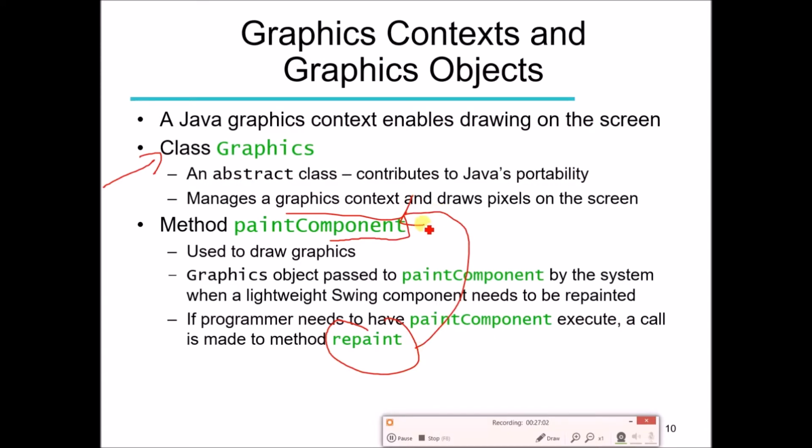So you have to get familiar with this kind of mechanism in Java, and after a few exercises you will become familiar with this system, that you write the code for whatever you want to draw in the paint component method, and that's all. You will not care about how to call this method. But later on, when we move to the advanced level, you will also need to call the repaint method if you are making some changes in the paint component method.